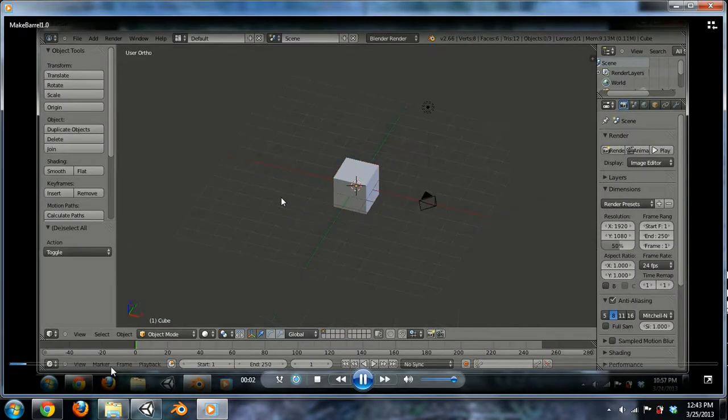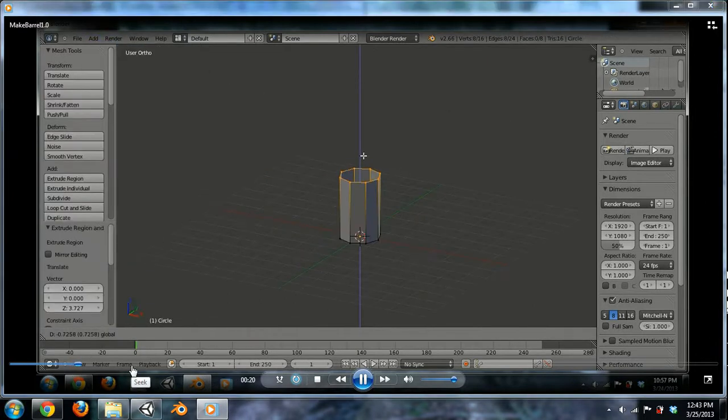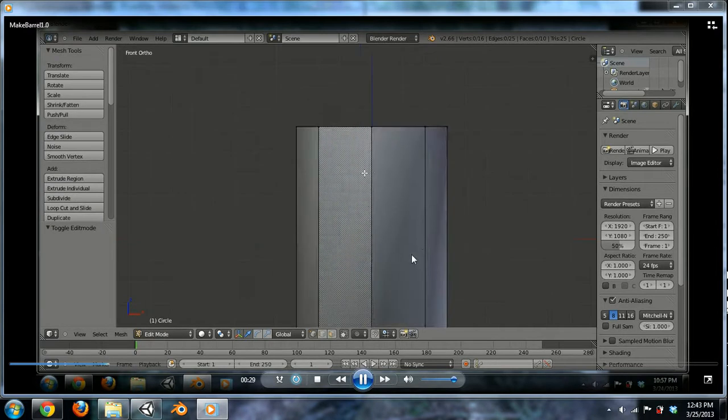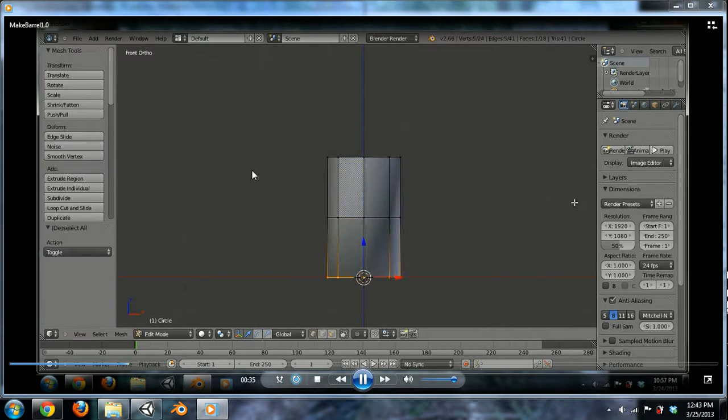alright. So I'm just going to go ahead and delete everything and add a circle, and I believe I set it to 8 just because it's going to be a little more circle-y, and you're going to want it rounder rather than doing a 6 like we were doing on the barrels. But I just extrude it up, and then I'm going to add an edge loop, put it in the middle, and I'm actually going to delete the top and then add a mirror modifier on this